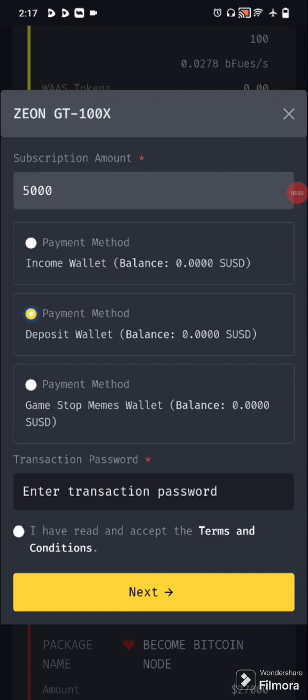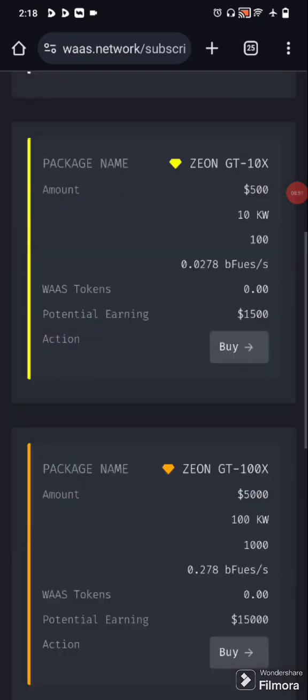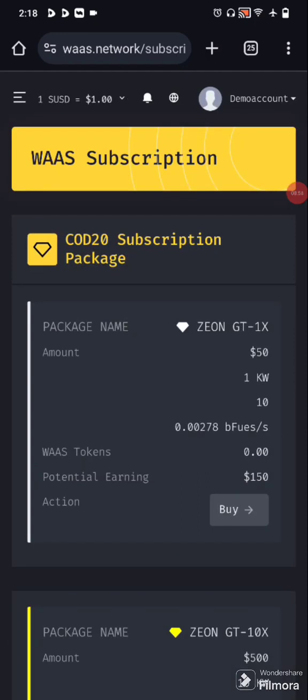Now I have to enter the transaction password here and accept the terms and conditions. Go to the next. You will get an OTP in your email. Just enter it and the process is completed. Now we will go for the